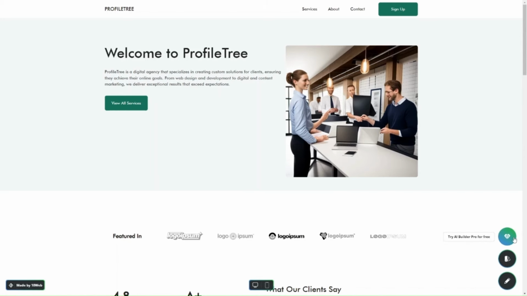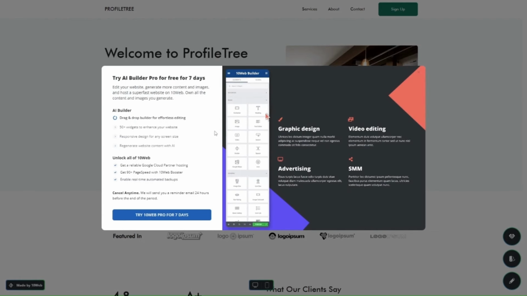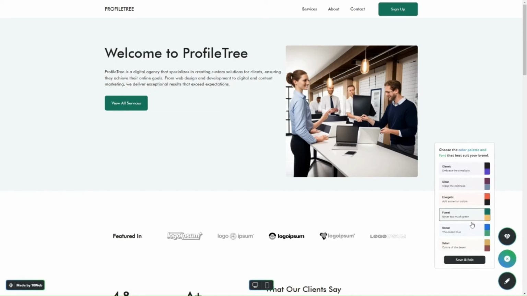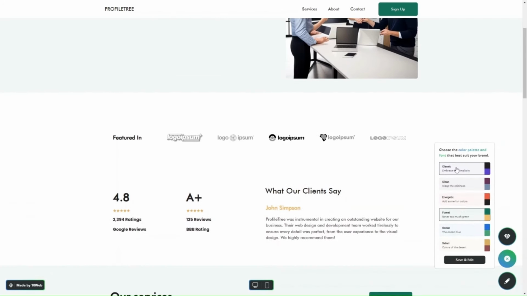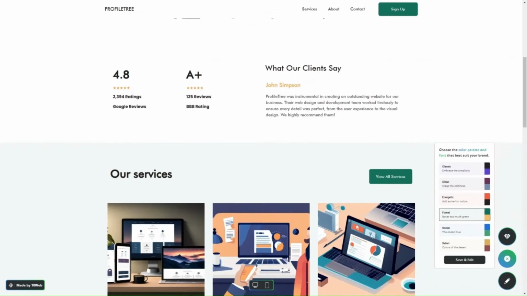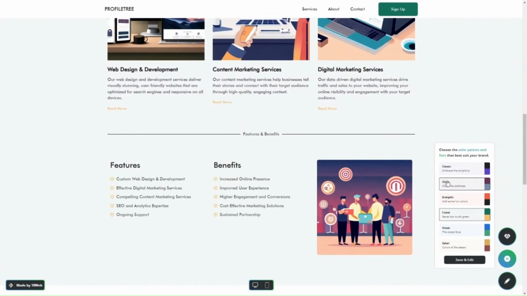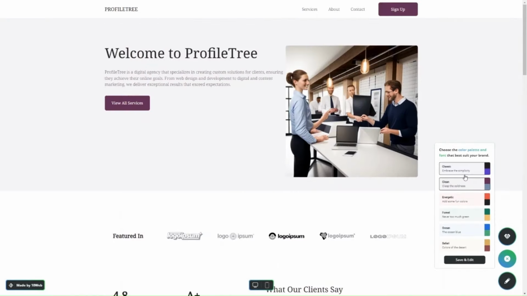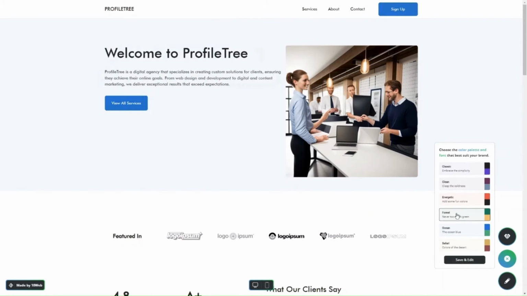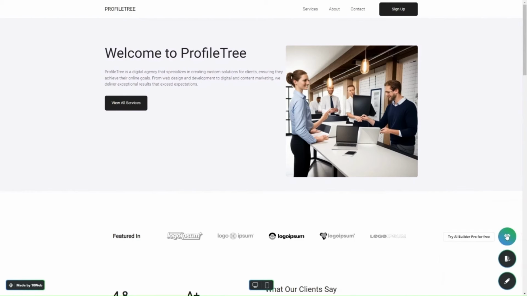Then you've got these three icons here. So this one will give you an option to try the AI Builder Pro free for 7 days. This will allow you to use the drag and drop editor and the AI builder and all of that as well. Then you have quick customizations. So this is basically choosing the font and color brand. We stuck with forest in the beginning, but if you did want to go in and change some of the colors and font as well, you can do that. It makes really quick customizations quite easily. And then you have